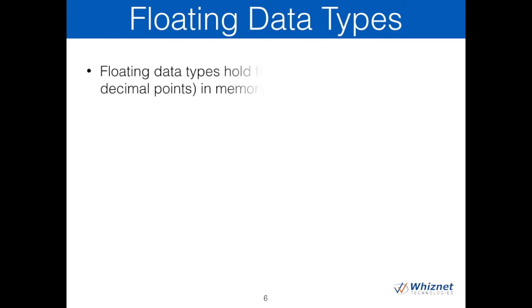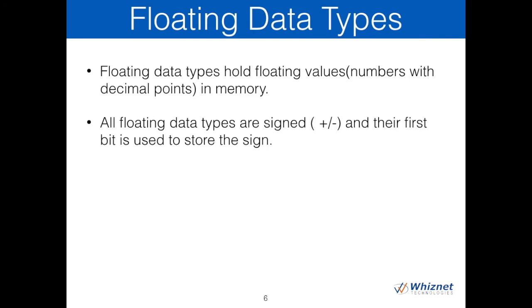Floating data types. Floating data types hold floating values in memory. All floating data types are signed and the first bit is used to store the sign. Example: